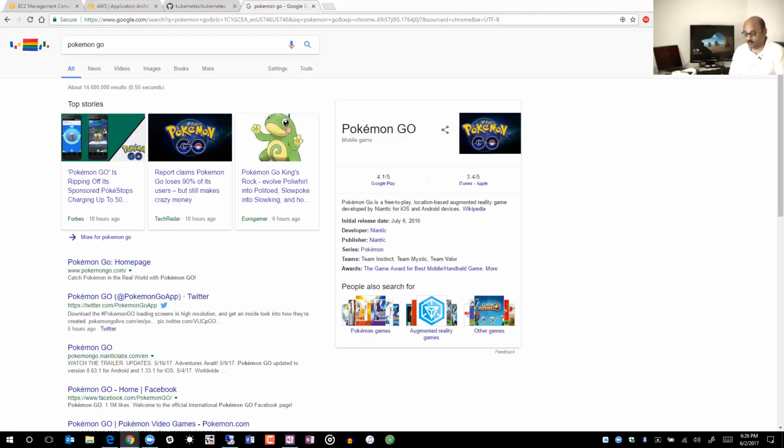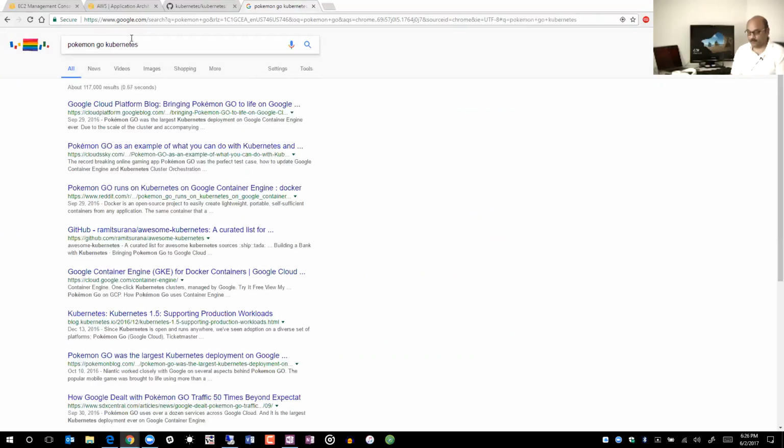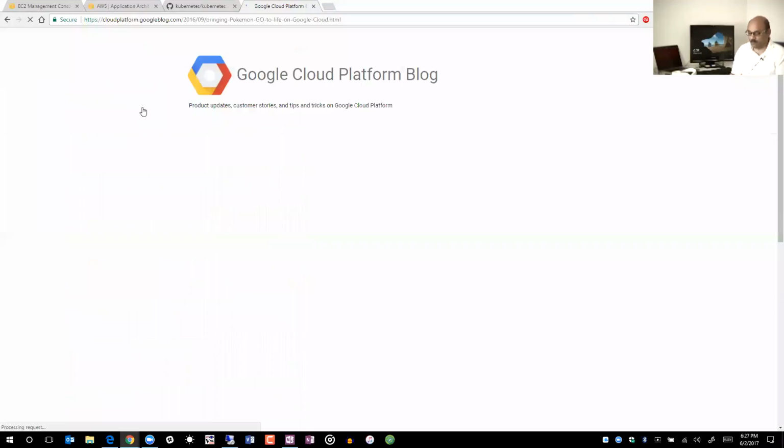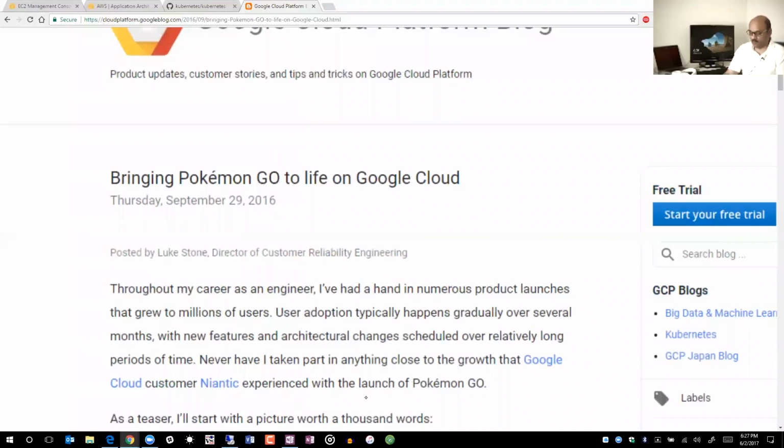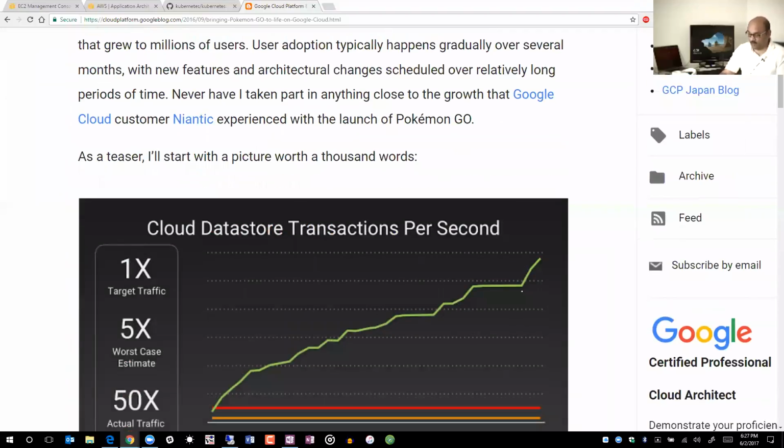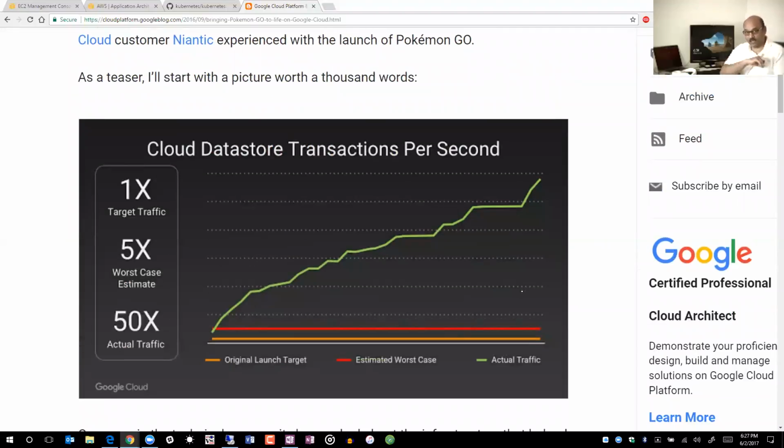And let me tell you, the back end of this game, on the cloud side, is Kubernetes. And it is on the Google Cloud. And so here, bringing Pokemon Go to life. And there is a case study on that. You can read more about how they did it, about implementing the backend needed to run Pokemon Go on a global